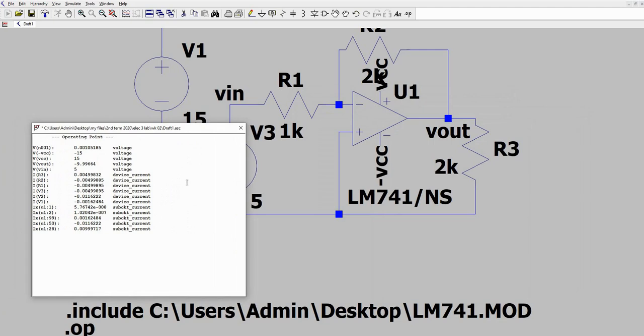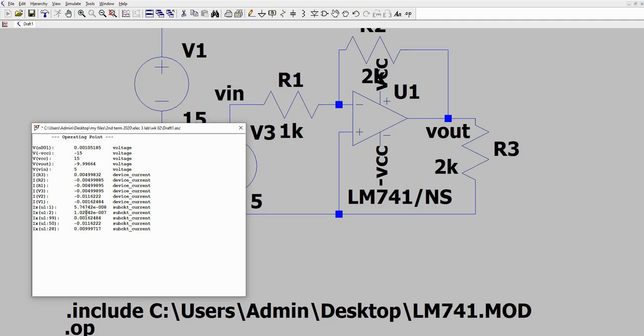So let us verify. The current flowing through R1 and R2 are basically the same. Then you have the current flowing through your R3.